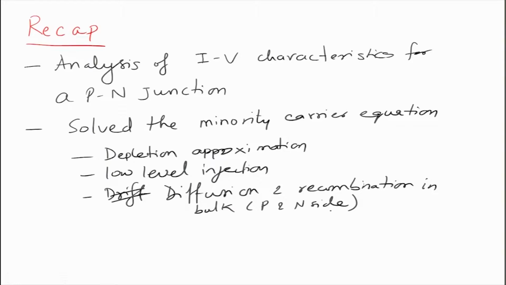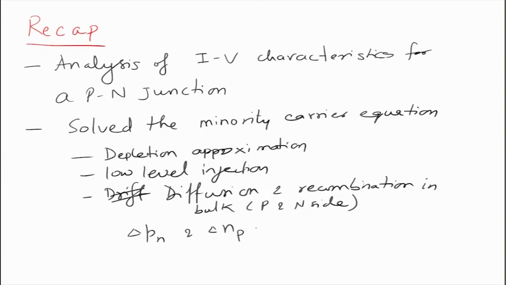And what we did was we first derived the expressions for delta Pn and delta Np. So, delta Pn would be the minority carrier that is hole on N side, and then delta Np would be minority carrier that is electron on P side. We got the expressions for these from just the junction potential analysis. So, junction potential will give you delta Pn and delta Np. These values that you obtain are functions of Va, right, because they are calculated in terms of junction potential.